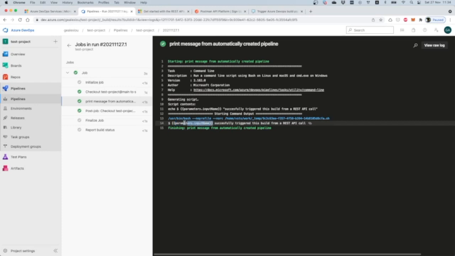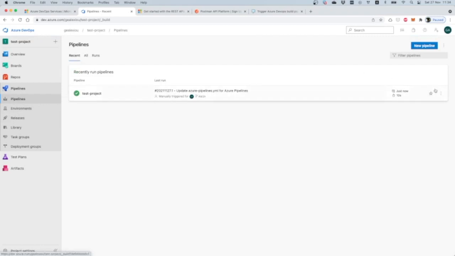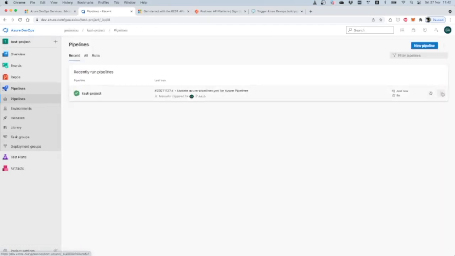and we can see now that it's not correct because we didn't append the $ sign in the place that it had to be. So we will go now and edit this pipeline to reflect the change, and we will run it again. I will go now and edit my build pipeline and remove the space between this input. So now if I run this pipeline, which I already had,